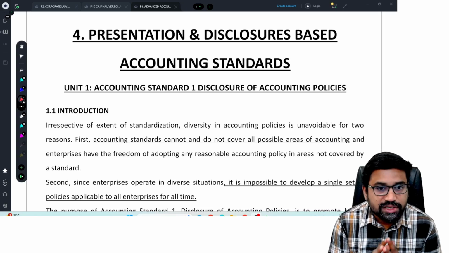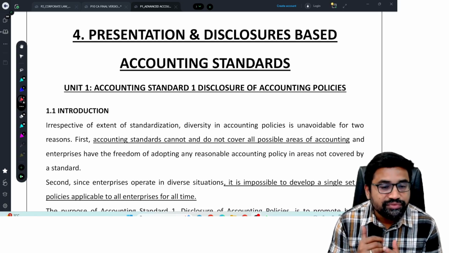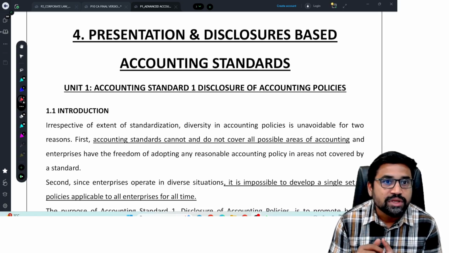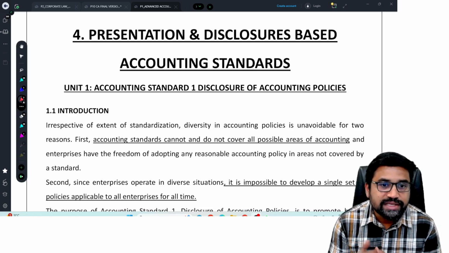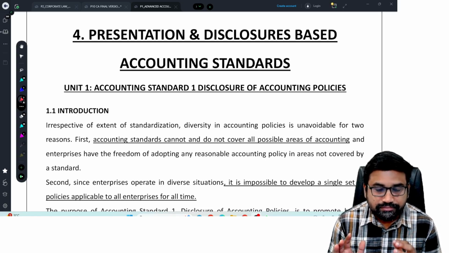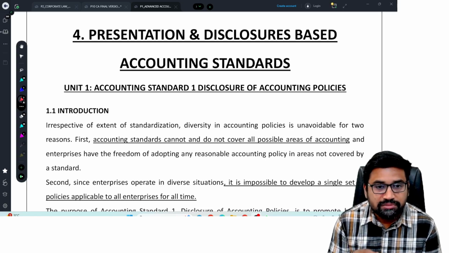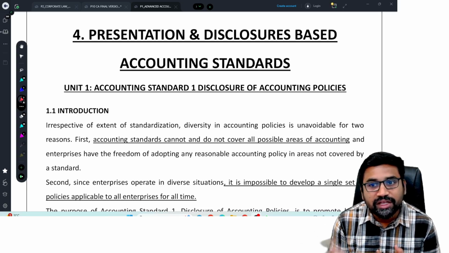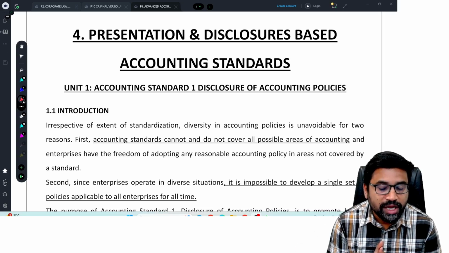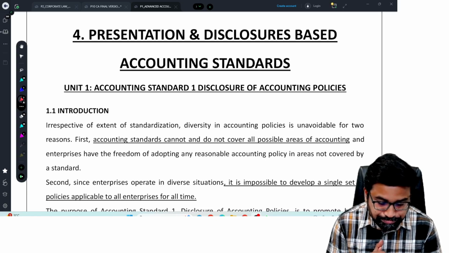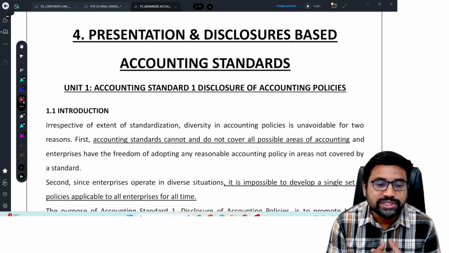So my suggestion is, since you are writing exams conducted by ICAI, whatever materials are released by ICAI, first prepare them. Whatever the questions in the ICAI material, MCQs in ICAI, first prepare them. Then if you have time, allocate your time to other sources. If you want to prepare, you can prepare. So please keep all those things in mind.